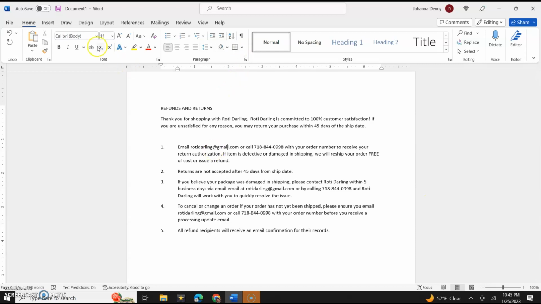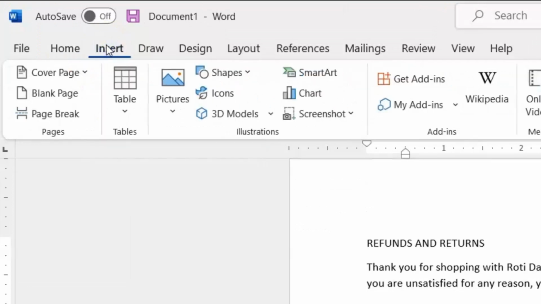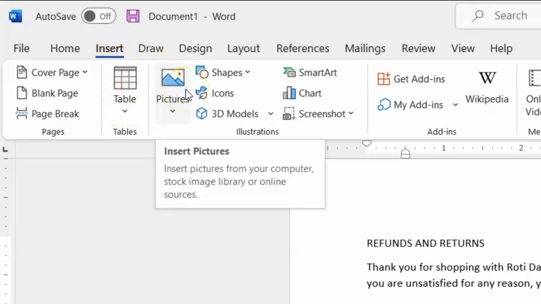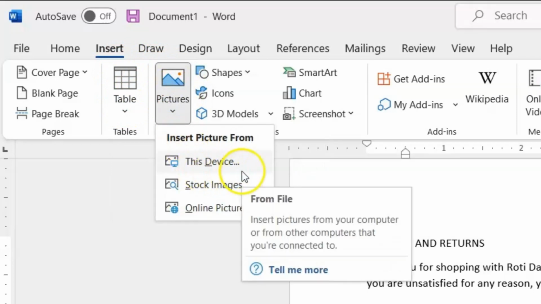First thing we want to do is go up to our ribbon bar as always and hit Insert, and then, not really directly below but across from being below Insert, we find the Pictures option. We click that and then we click This Device,